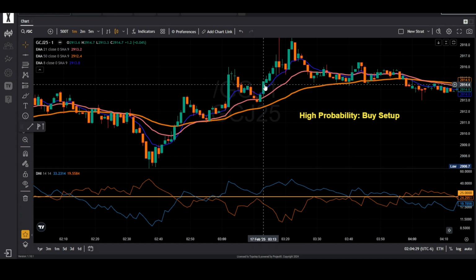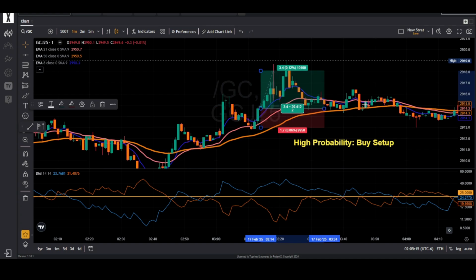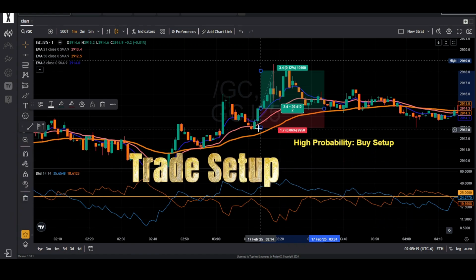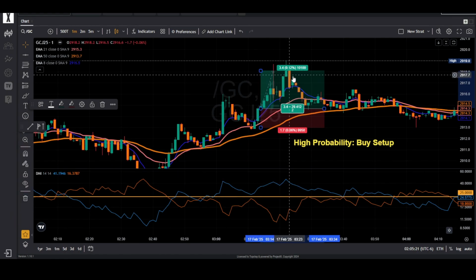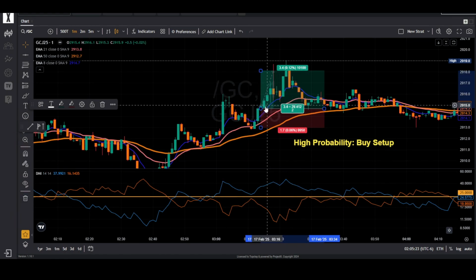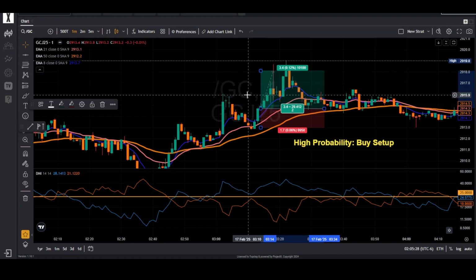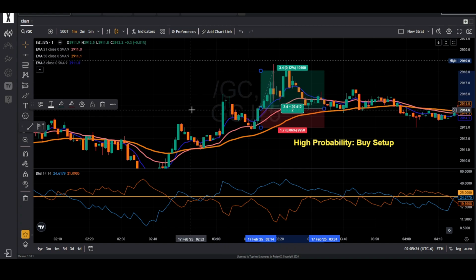Just again, make sure no matter how good the setup is, be cautious about your risk management. Do not take more than 1 to 2% risk on a single trade. So as you can see, my stop loss is over here, a few pips below this candle. My TP is set as 2x. So in this case, price hit our TP. So it's just a matter of following the trade setup and making sure we are seeing a good trending market whenever we are taking a trade.